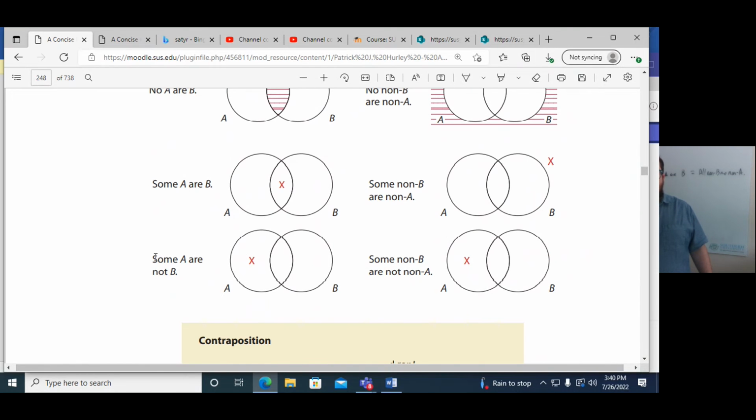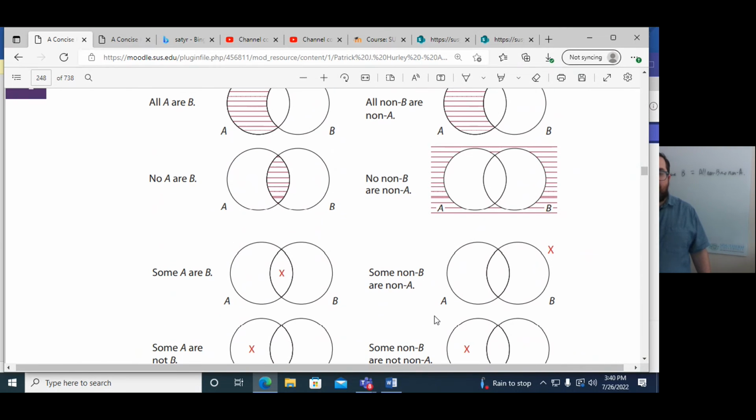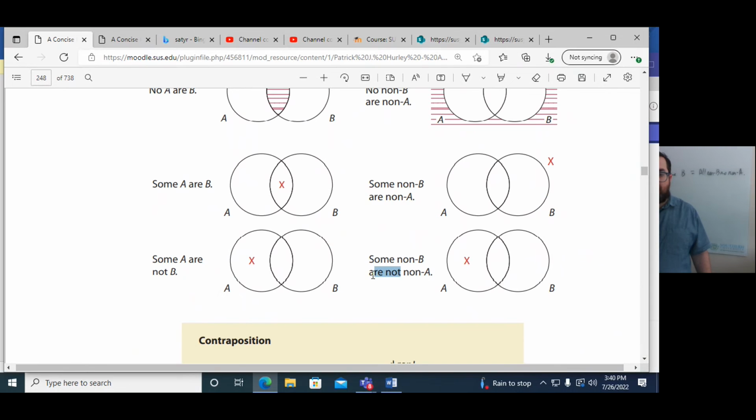But if I say to you, some Ford cars are not hot rods, and then I said to you, some non-hot rods are not non-Ford cars, it technically is the same. It might not even make sense because there's a lot of nots and nons here, and you have to think about it for a while. But because the picture is the same, the Venn diagram is working the same in terms of what the proposition means and how it functions logically, if this is true, this new version is true. And you can see with the are not, again, with the O proposition, that can get a little dicey, right?